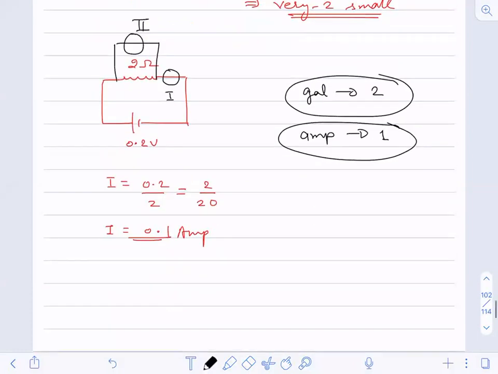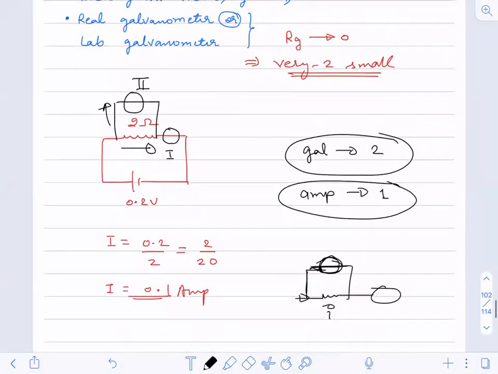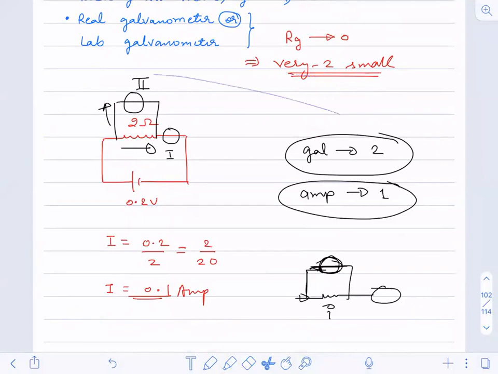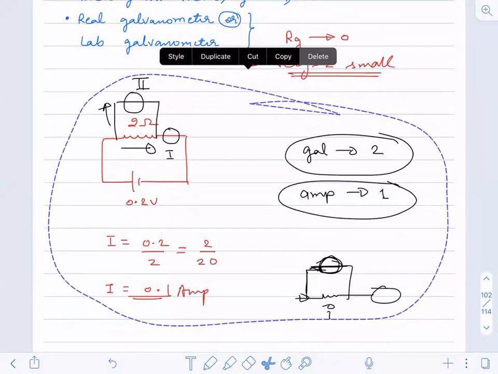Now, if I'm having a resistor like this, so a current is moving in this direction. So you will connect a device here or here. If you are connecting the device here, it will measure the current flowing here, not here. If you connect at second position, this device is going to measure the current of this branch. It is not going to give you the current of this 2 ohm. So you will connect in series only, not in parallel. So galvanometer is connected in series, not in parallel. So it should be position 1, not 2.